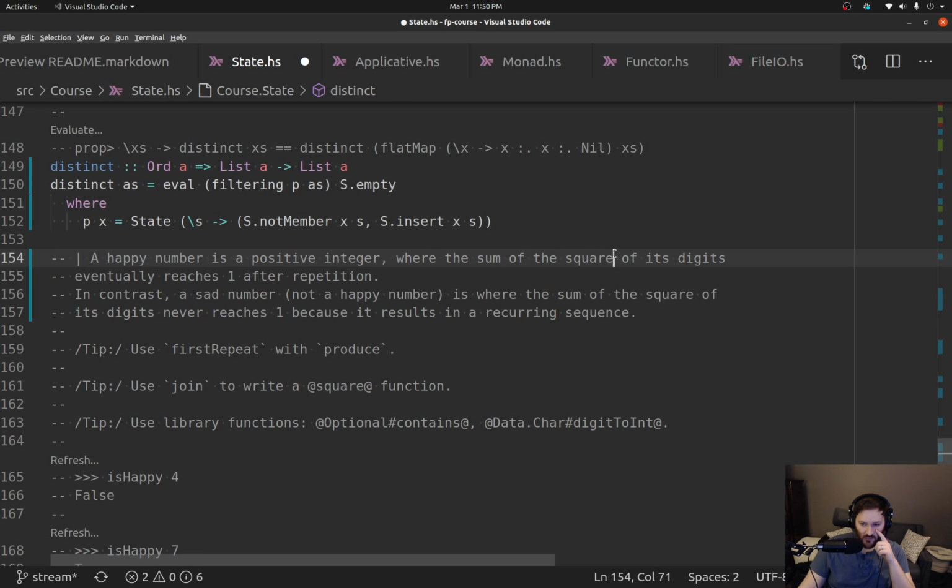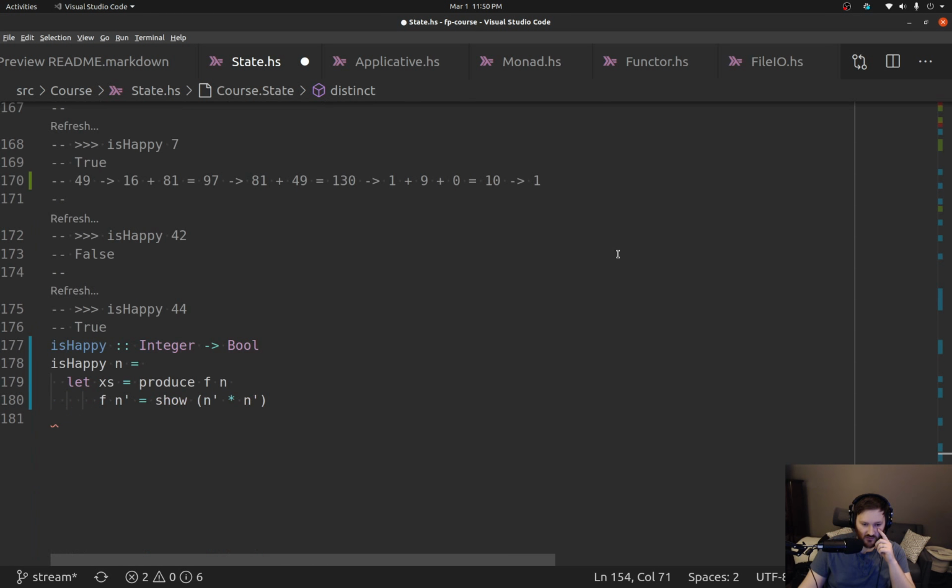The sum of the square of its digits. Okay, so I think what I need to do actually is have this a bit backwards. So I need to show n first. So now n is a string,